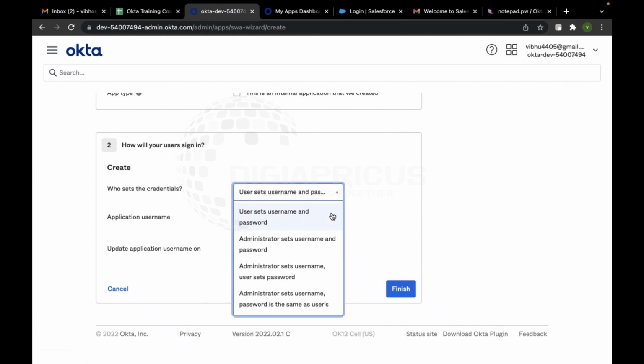So basically out of all these, 99% of the time you'll be using this only, because this is the most feasible option. If you have more than 10,000 or 5,000 or maybe 1,000 employees, who is going to keep setting the password and then giving it back to the employees for whom we have set it? So better is that you only keep your set username and password,